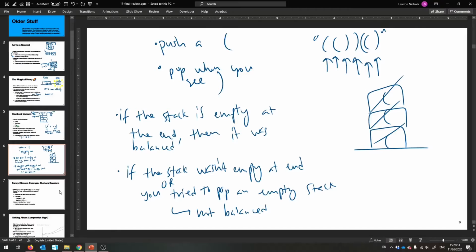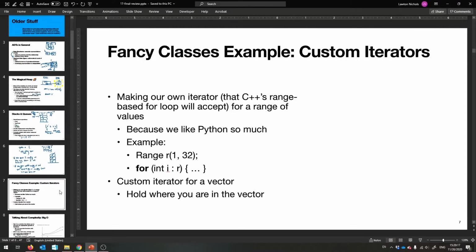All right, moving on. The next thing that I want to show you is just a fancy example of classes. So I want to teach you how to make your own iterators. We've been using ones that have been made for us, but let's make our own finally. So let's make an iterator that goes through a range of values. Like if I say I want to go through the range from 1 to 32. That's like I want to iterate from 1, I is 1, to all the way 3, 4, 5,